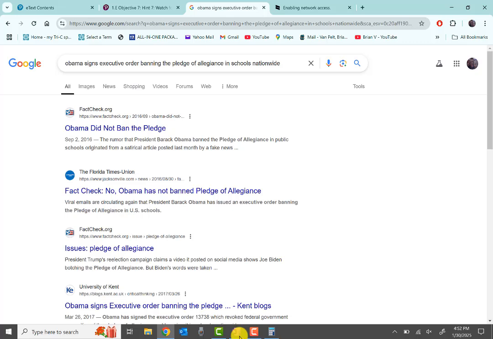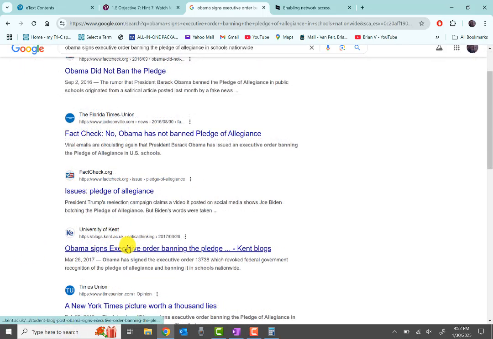So there's factcheck.org. This book that we're using in the class seems to think that factcheck.org is a reliable place. I tend to be a little leery of almost any internet sites. The Gov ones I take to be fairly true. Wikipedia, you got to watch out because those are just individuals writing things in there. Nobody actually checks to make sure that it's accurate. Let's take a look at the Kent blogs.